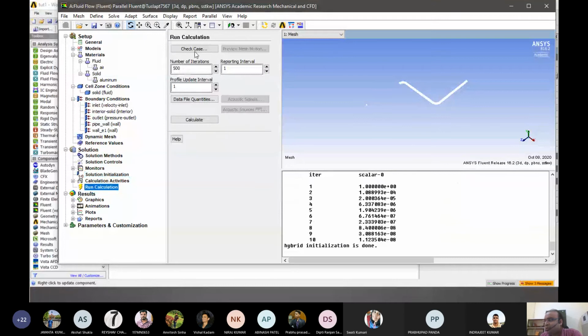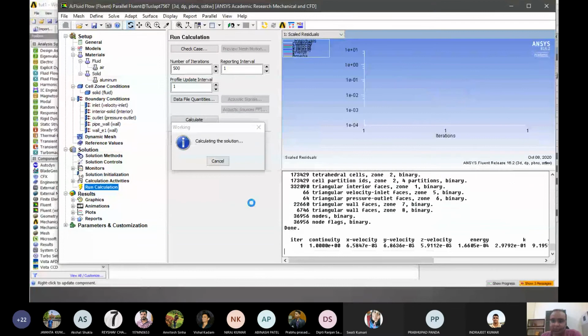So what's changing now? Even though the computer doesn't know, we know that